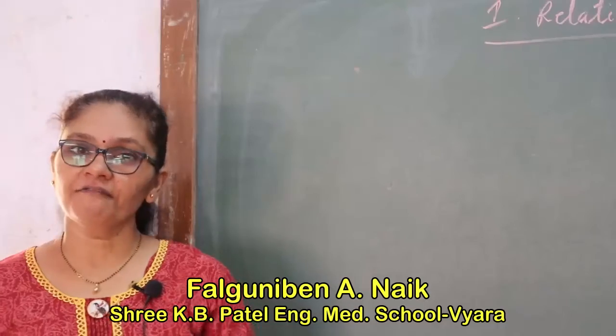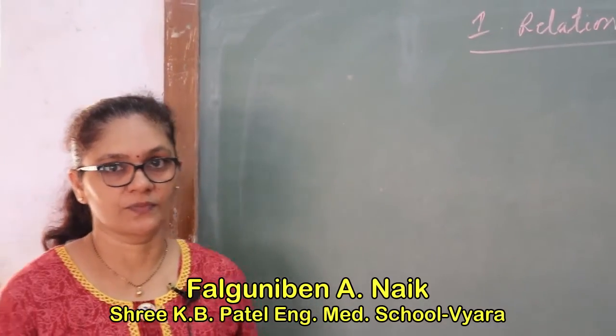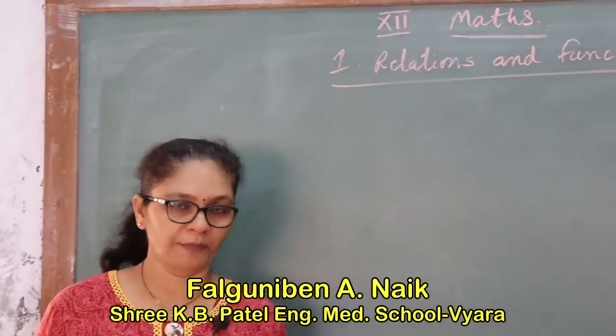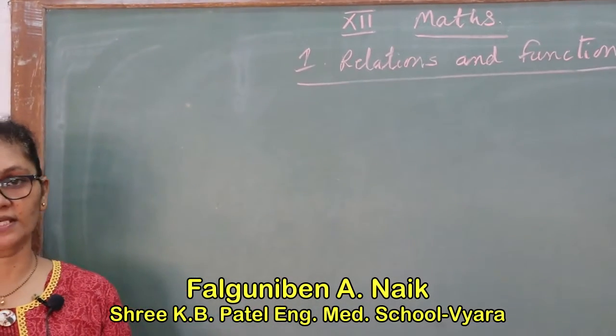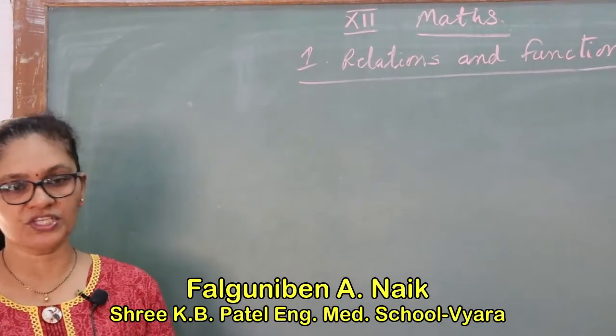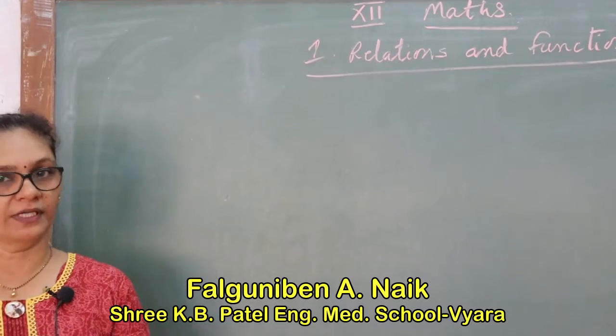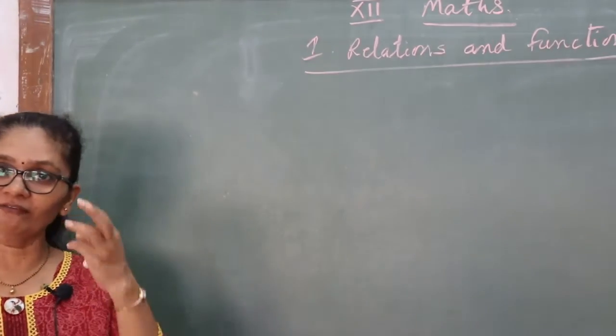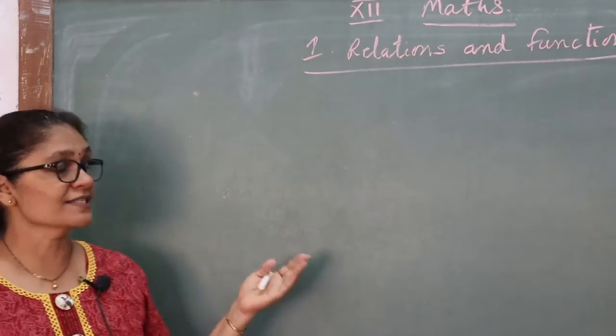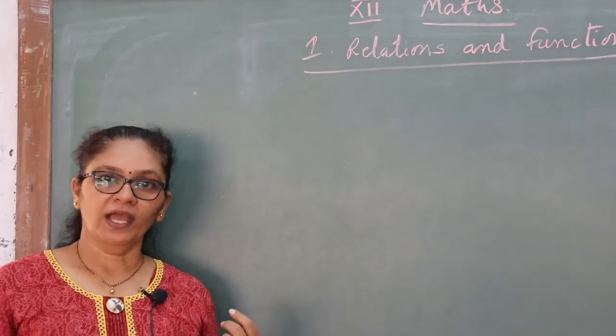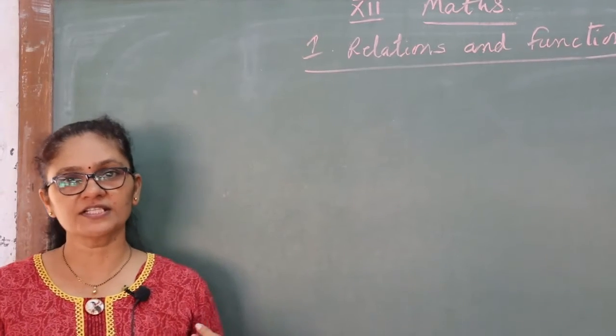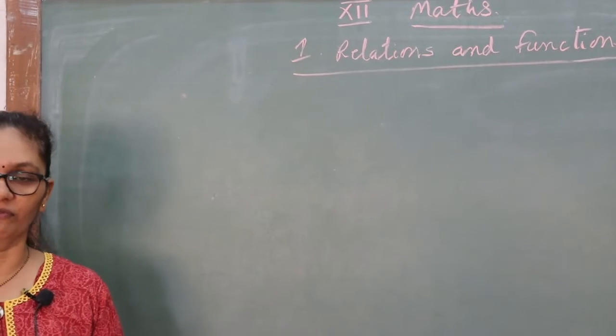We are discussing our first lesson, relations and functions. We have already discussed a few topics. First topic we discussed: types of relations. Which types of relations did we learn? Empty and universal relation, and then three more relations: reflexive, symmetric and transitive. And if all three relations are satisfied, then you can say it is an equivalence relation.